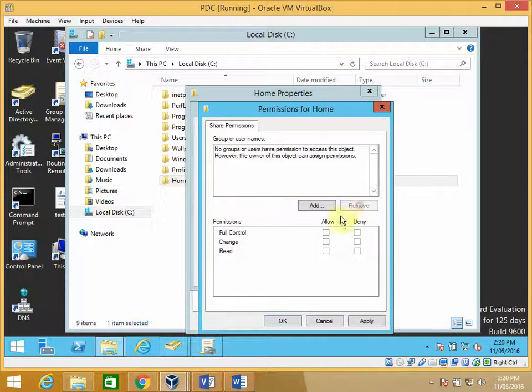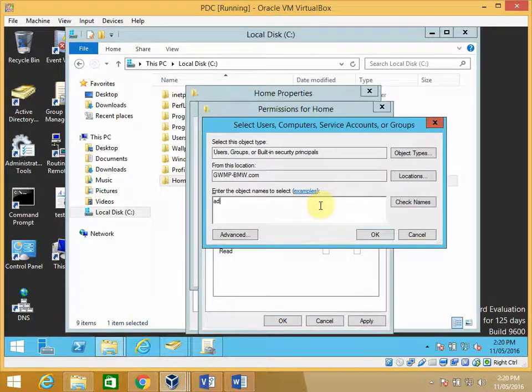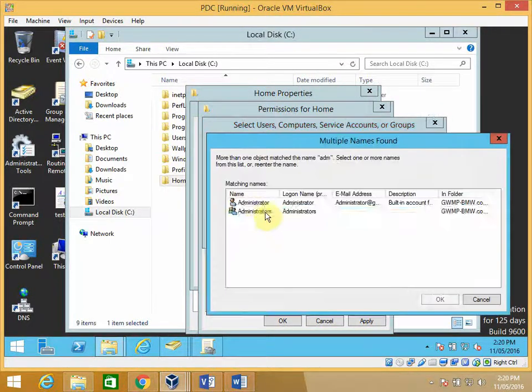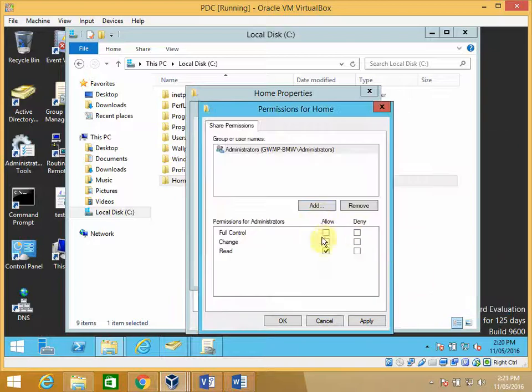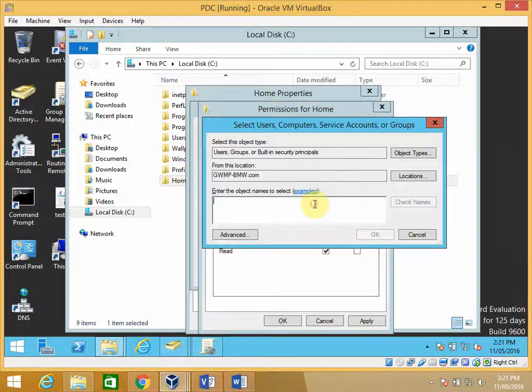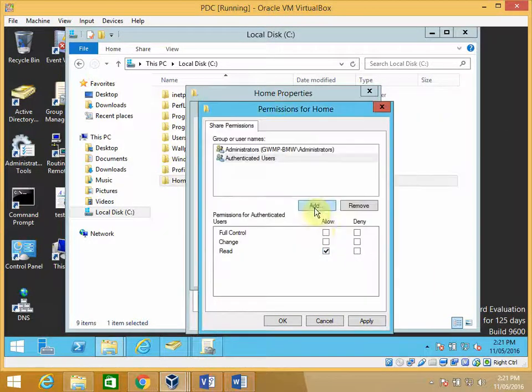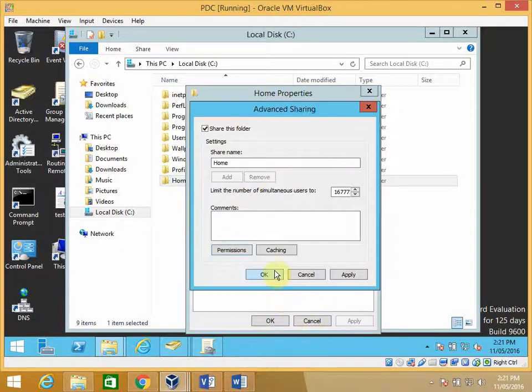I'm going to remove everyone. I'm going to add in the administrators group, and I'm going to give them full control, and I'm going to add in the authenticated users. I'm going to give them change level. So the home folder is going to be the same as the profile folder, and so that's okay on